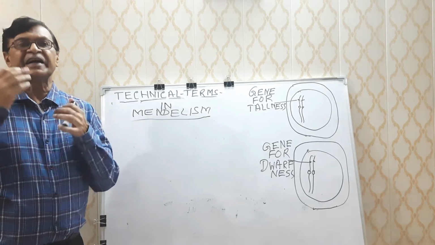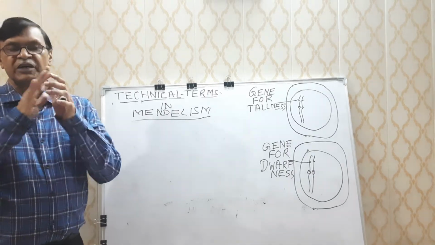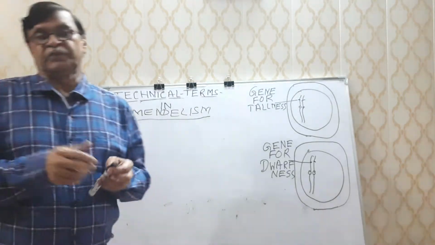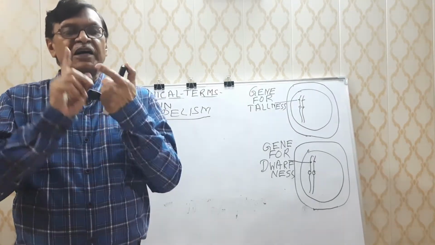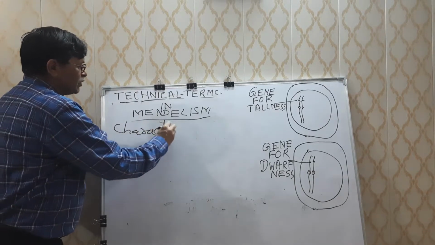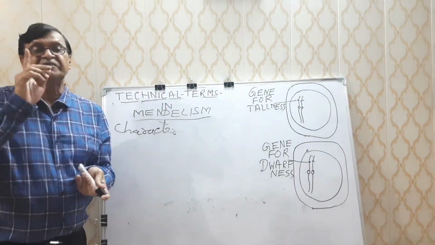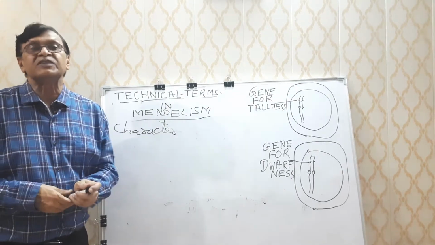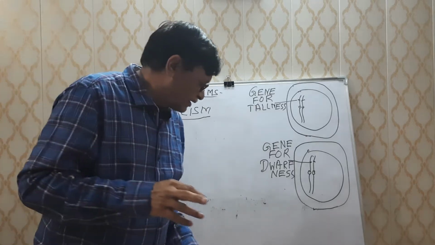Today, we will talk about some technical terms which are used in Mendelian genetics, and then in the next episode, we will talk about Mendel and Correns laws of inheritance. So, as you know, Mendel had said that in every organism, for controlling every character, there are something which control that character, and for controlling every character at least two factors are found. What those factors were was not known at that time, but Mendel told about their behavior.